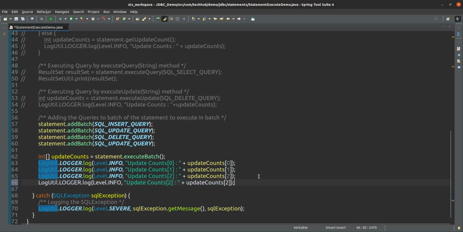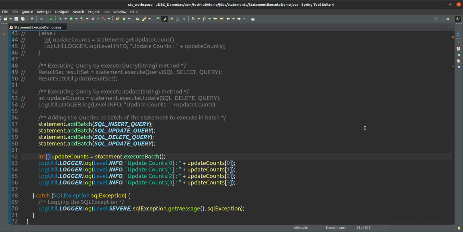Now, how many statements we have added here, 1 2 3 4 statements we have added.